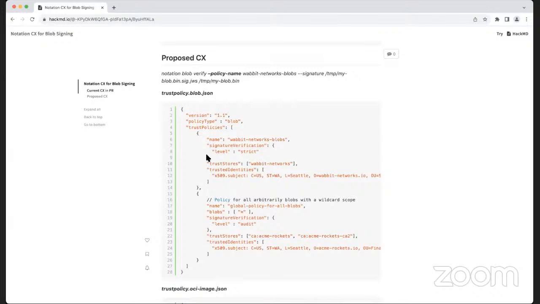But we are introducing blob here, so in this case we can definitely introduce new elements. So we can have a new file name for this blob specific policy type, and we can also have a top level policy type attribute in it.